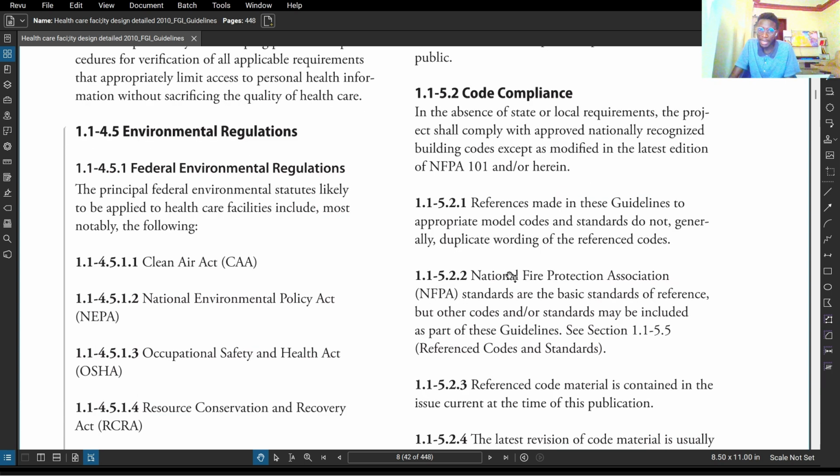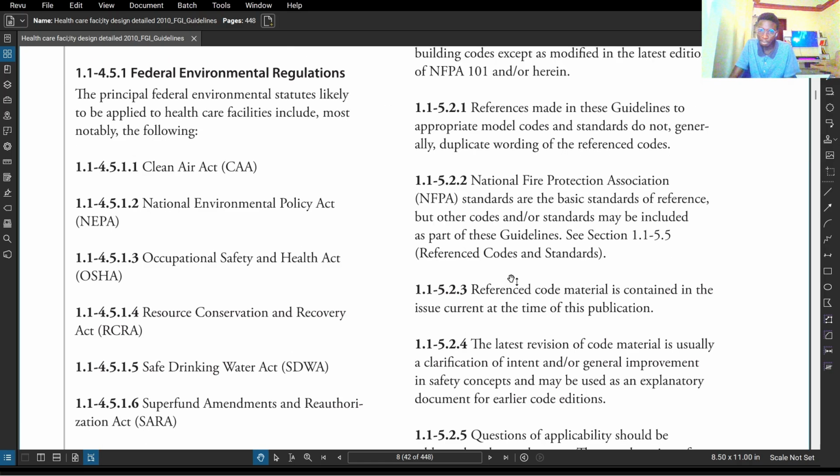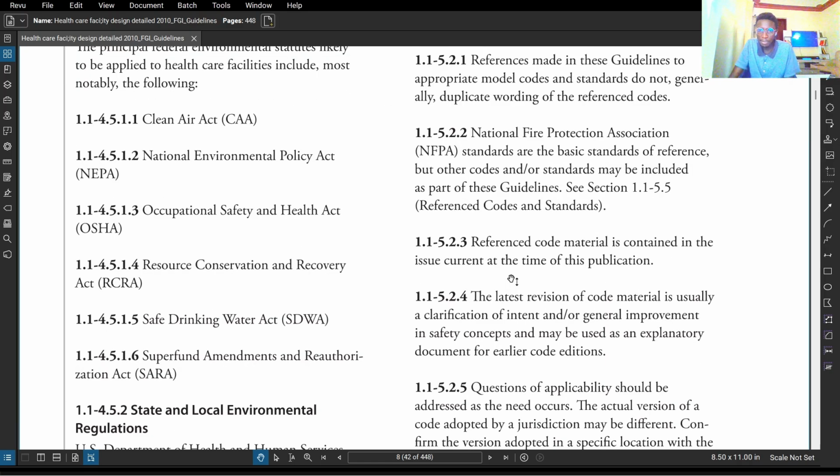References made in these guidelines to appropriate model codes and standards do not generally duplicate wording of the reference codes. The National Fire Protection Association (NFPA) standards are the basic standards for reference, but other codes or standards may be included as part of the guidelines. See section, reference codes material,